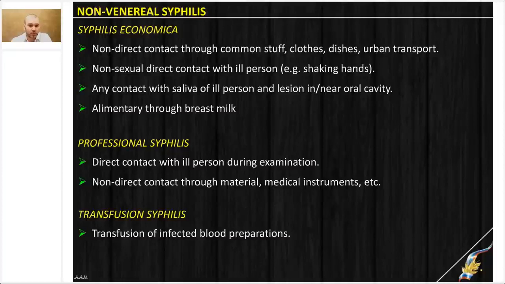So even through shaking hands, but again, usually when a hard chancre is located in the palm or in the secondary stage when elements are single and poorly visible, people can shake hands and the disease can be transmitted from person to person